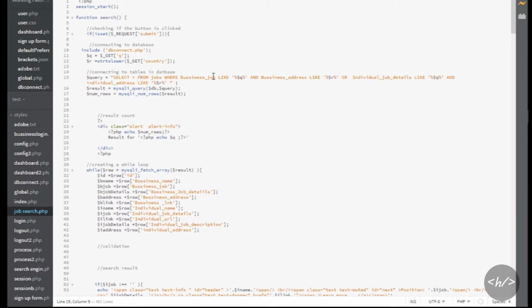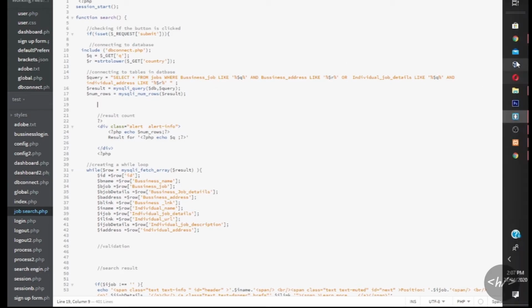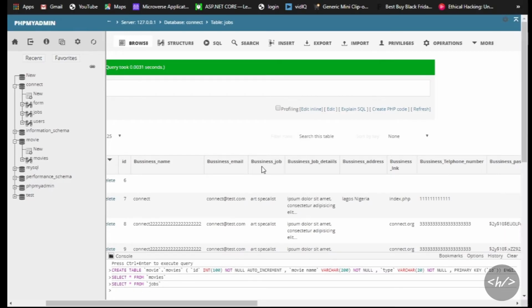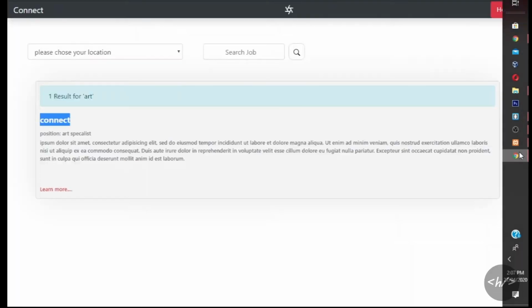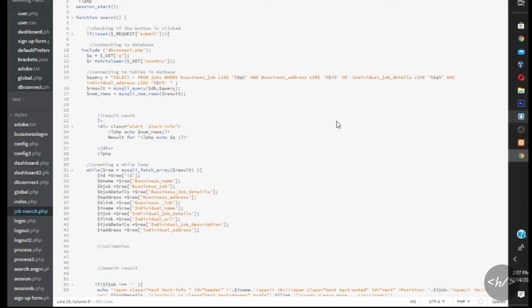So what this does is that it looks for the value that you inputted in the business job, and also looks for the value in the address. So that's what it does.